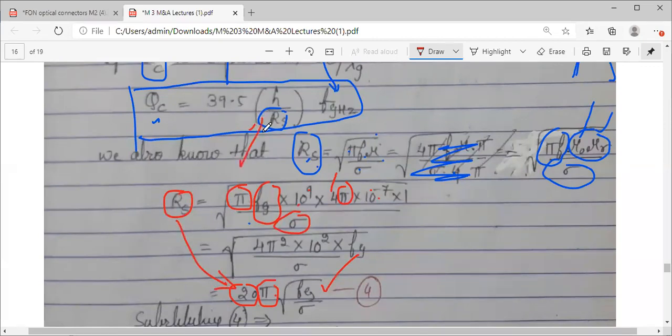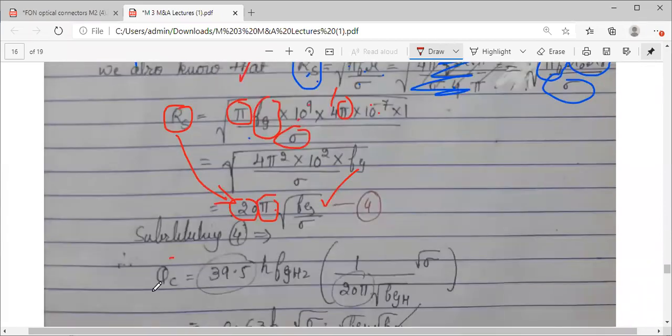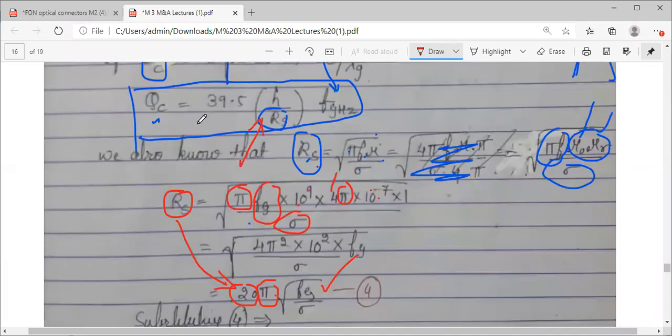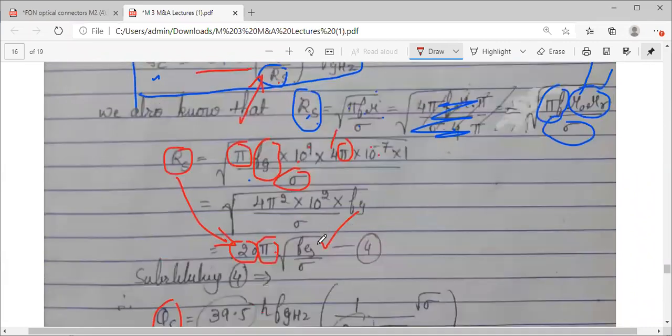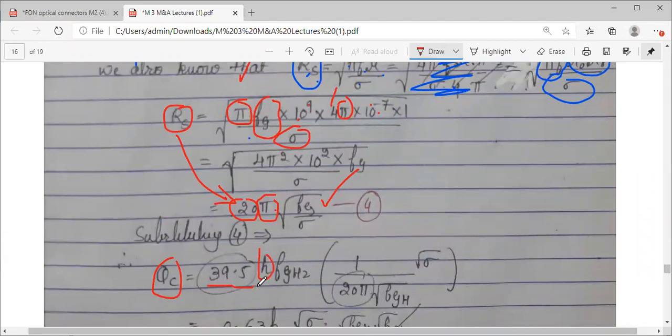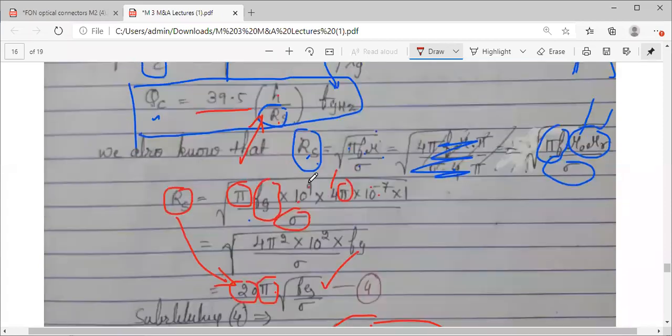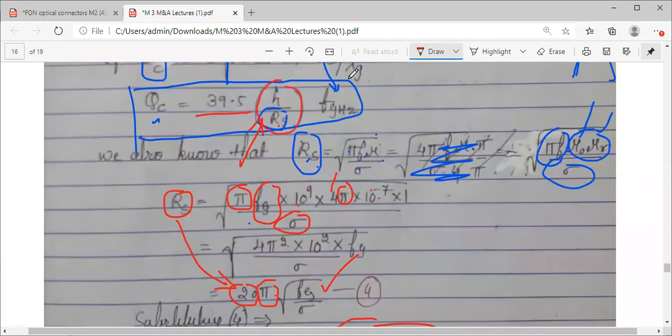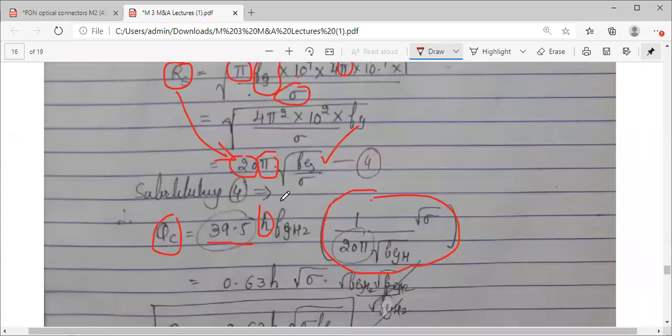RS, I will substitute it in the quality factor equation. So substitute that. Quality factor equation is 39.5. Okay. And you have H by RS, H by RS divided by RS. I will substitute the RS value. Okay. And you have one more frequency term here in the equation. H by RS, and you have a frequency term. So that frequency term, I will keep it as it is. If you substitute, I think you can have some calculation here. This is only f of the frequency. I can write it like this, root f into root f, which is nothing but f only. So if I do that, one frequency term will get cancelled.